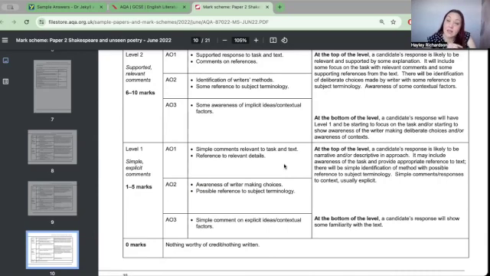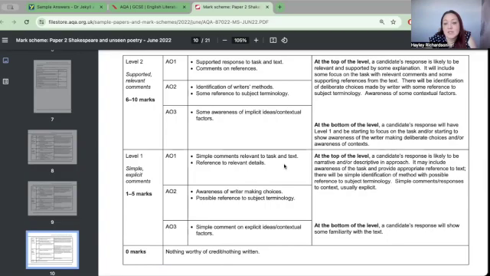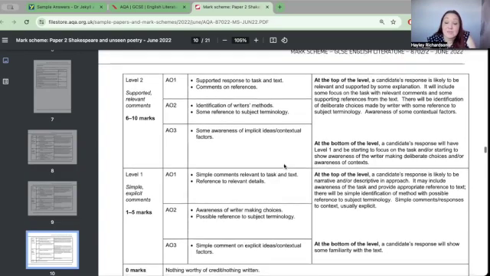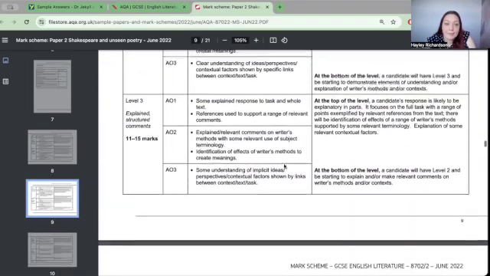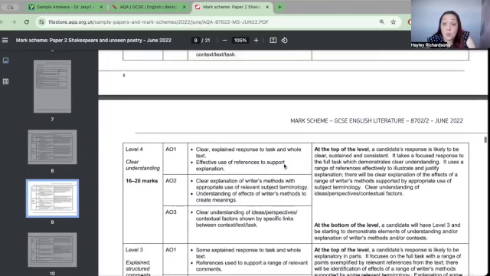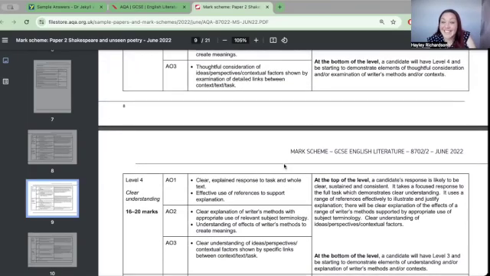So similar to the second one that we looked at, it was a lot of just really saying what was going on and what the characters were like rather than any in-depth analysis. It may include awareness of the task and provide appropriate reference to text. There will be simple identification of methods with possible reference to subject terminology. Simple comments, responses to context, usually explicit. Okay, I'm going to skip through a little bit to the level 4, which was what I awarded, and so